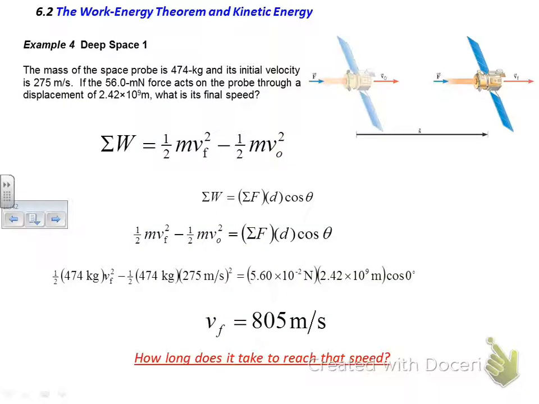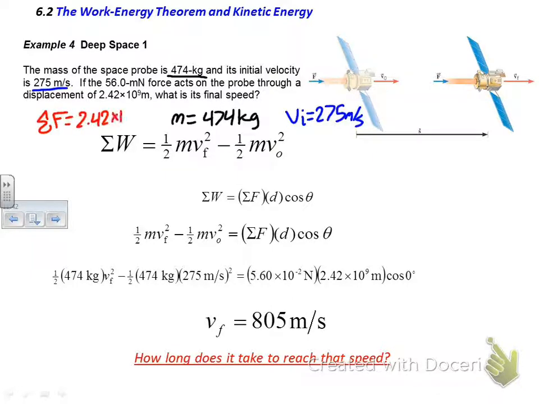So here we have an example problem where we have the mass of the space probe. They tell us that the mass of the space probe is 474 kilograms. They also tell us that the initial velocity is 275 meters per second. And then they further tell us that the net force experienced by this satellite is